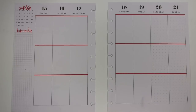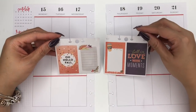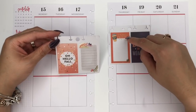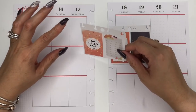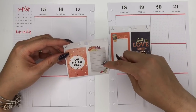So I pulled some stickers from our seasonal sticker pads, and I chose these stickers here. This one says fall in love with moments. And this says it's fall, y'all, with that pumpkin spice. And this says, oh, hello, fall. And I'm gonna put that on Monday because guess what? It was a little nip yesterday here in Charlotte. And then here is another